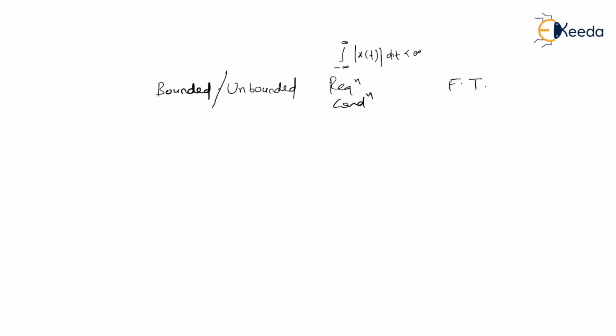A tick mark will say Fourier transform does exist. A cross mark will say Fourier transform does not exist. So let us conclude. If the given signal is bounded and the required condition is satisfied, there is absolutely no problem. Fourier transform does exist. Second, the given signal is bounded again, but this time the required condition is not satisfied. That is, the area under the curve is not finite, in fact infinite. In that case, still Fourier transform will exist, but then you have to make use of the indirect method.